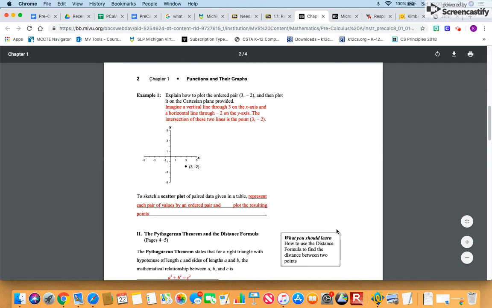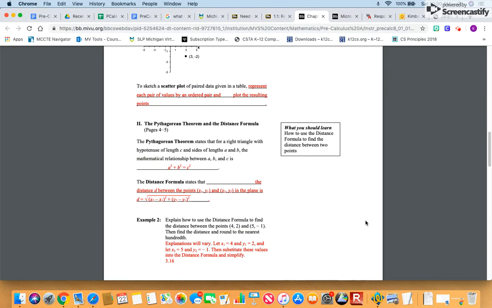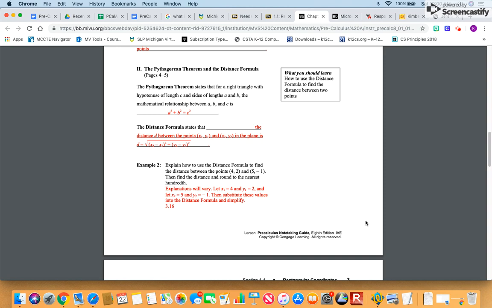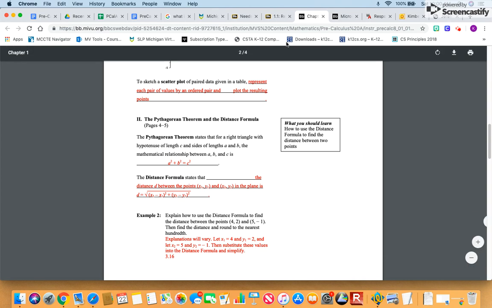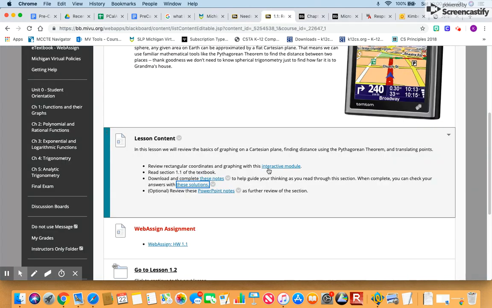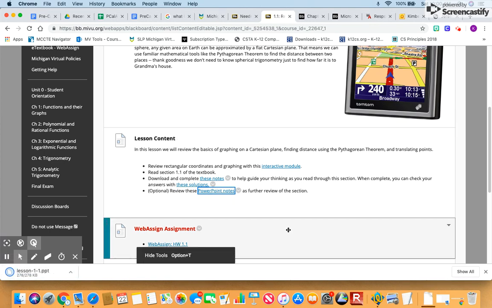I think maybe using these guided notes might be helpful to you. I'm not sure. You seem to do better on the homework than you're doing on the tests. And you could use this on your tests to help you. And I think it'll maybe help you focus a little more. I'm not sure. I'm trying to figure out ways to help you, but definitely I think maybe using these guided notes would help. Also, there is a PowerPoint for every lesson. I mean, as you know in the book,